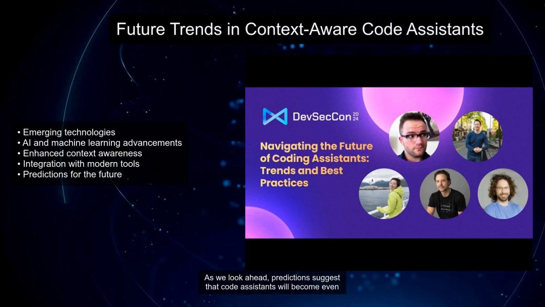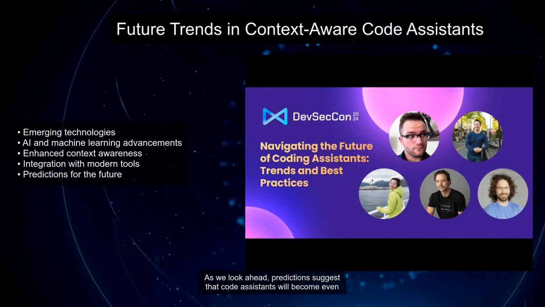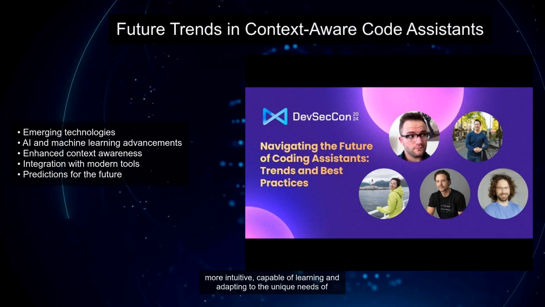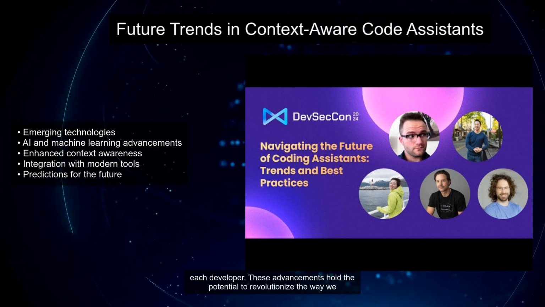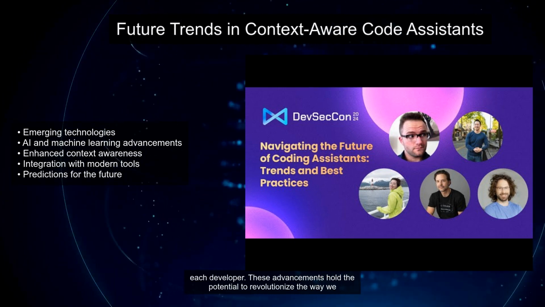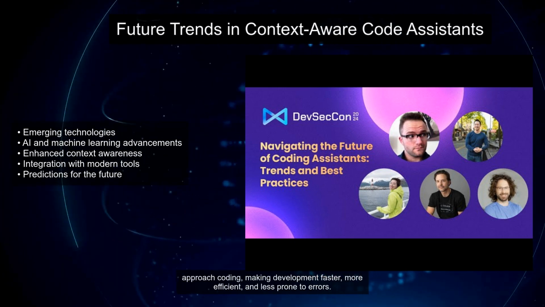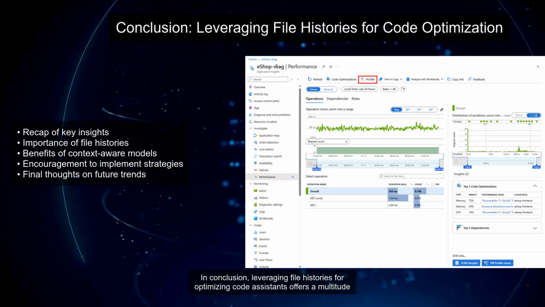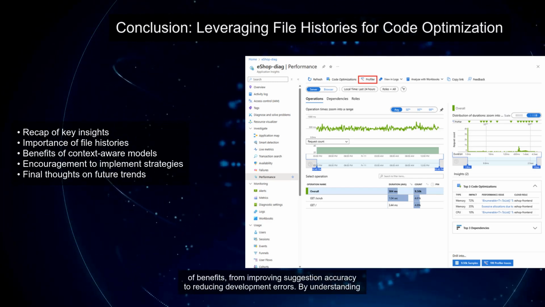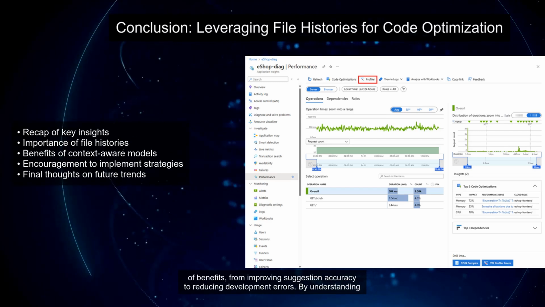As we look ahead, predictions suggest that code assistance will become even more intuitive, capable of learning and adapting to the unique needs of each developer. These advancements hold the potential to revolutionize the way we approach coding, making development faster, more efficient, and less prone to errors. In conclusion, leveraging file histories for optimizing code assistance offers a multitude of benefits, from improving suggestion accuracy